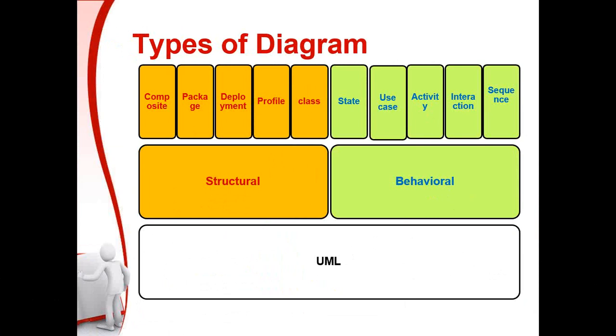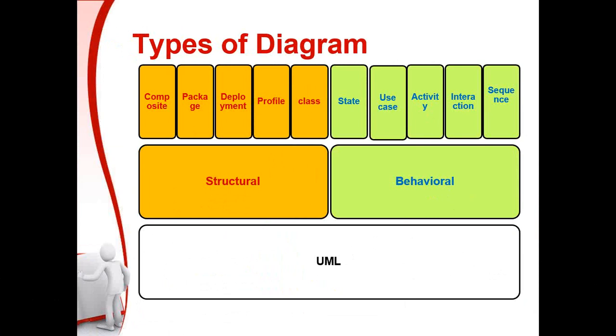Then let's talk about the deployment. The deployment diagram is what? You are trying to showcase how the phase-wise deployment process will work. That is what your deployment diagram is. Package diagram, composite diagram: when you package things together, when you put different kinds of workflows together, that gives you the composite, where you have some compositions. So these are the different classifications from the structural side.